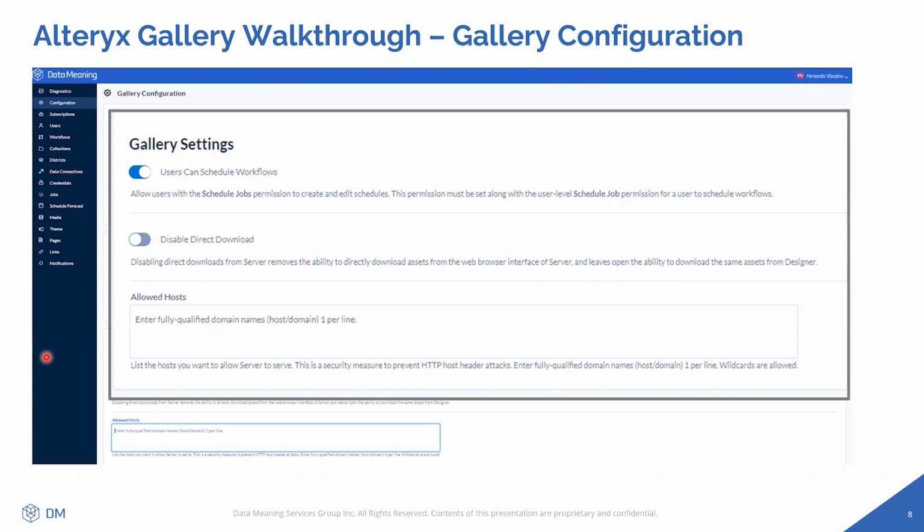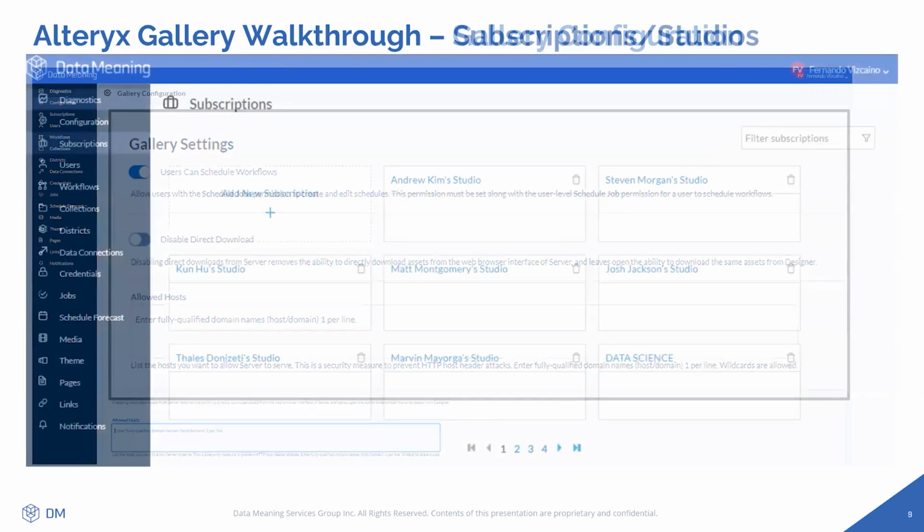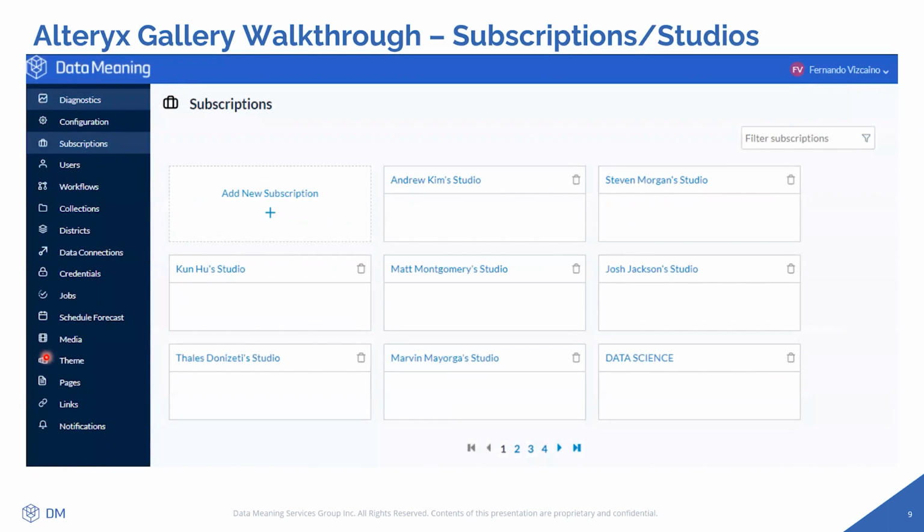If you want to specify any host or domain that is allowed, you can mention that there. All right. So that is pretty much it for the configuration area. Now let's jump into subscriptions. So let's see here on the menu, subscriptions. That is the third option